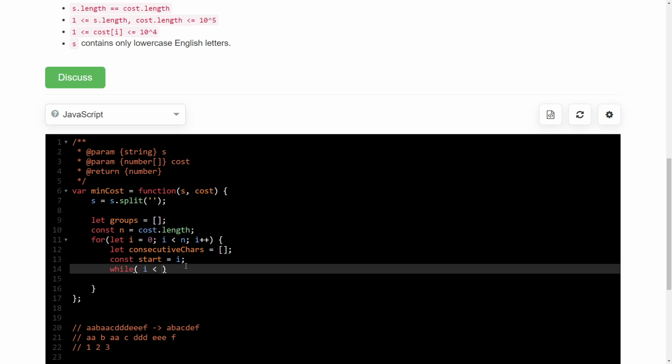While i is less than n, and s of i is equal to s of start.